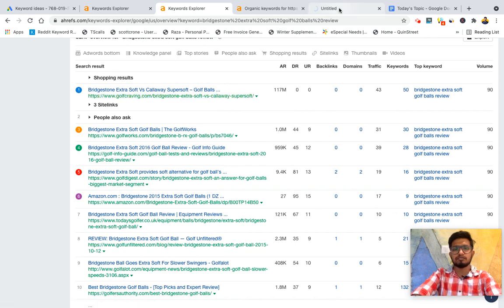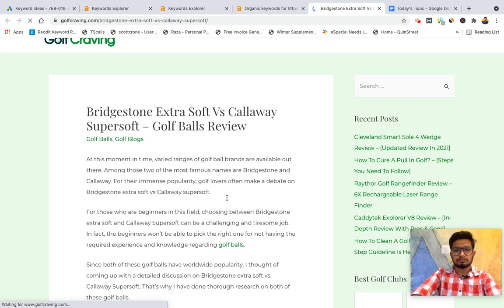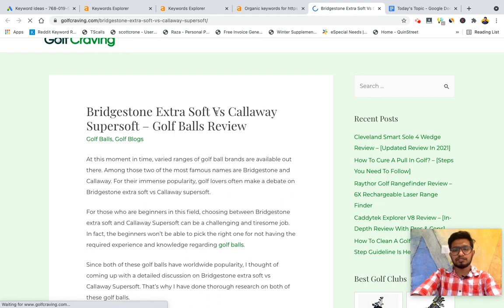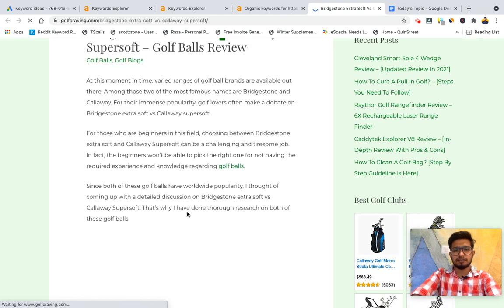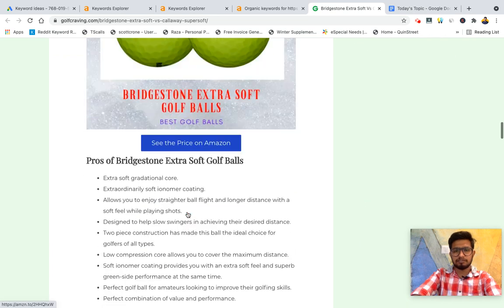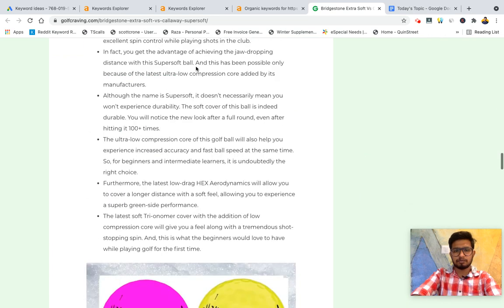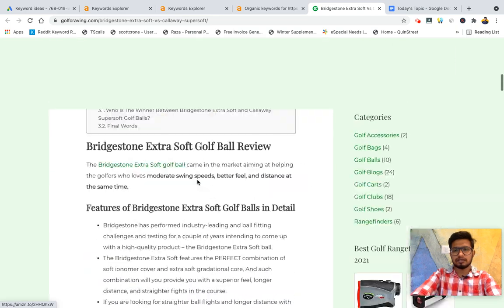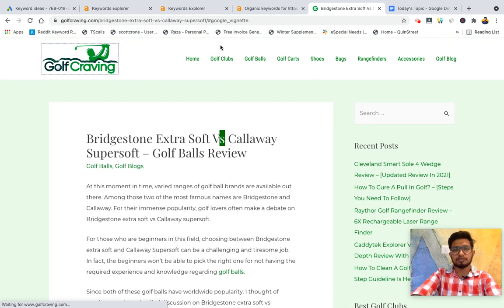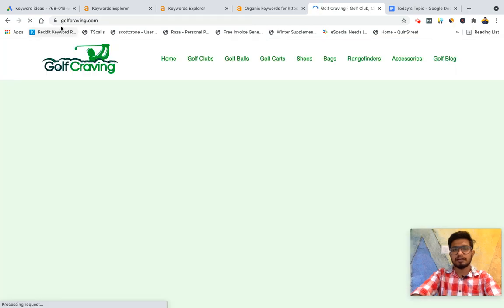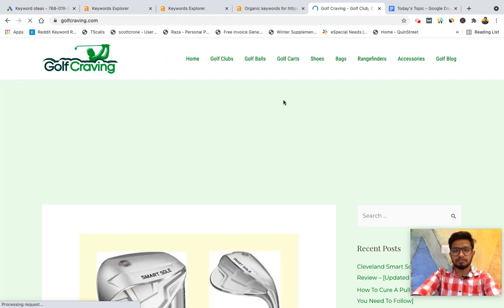Now let's see what type of content this blog has written. Now you see it has just reviews, the versus of one brand versus another brand, and it has added features and product. You see how simple it is. And similarly, you can find more keywords of this website by putting it in Ahrefs, and you will get more low competition keywords which this website has found with similar or other methods.